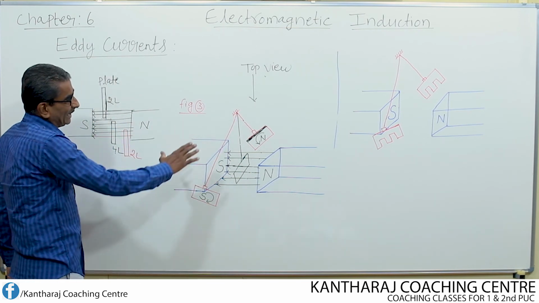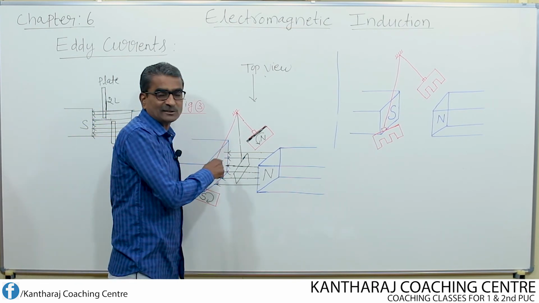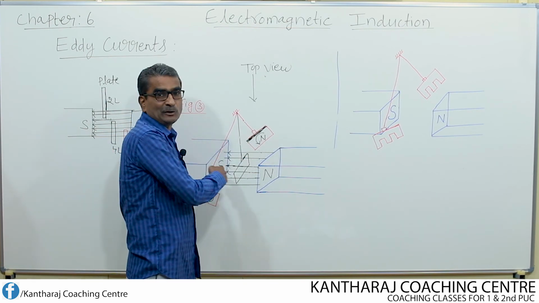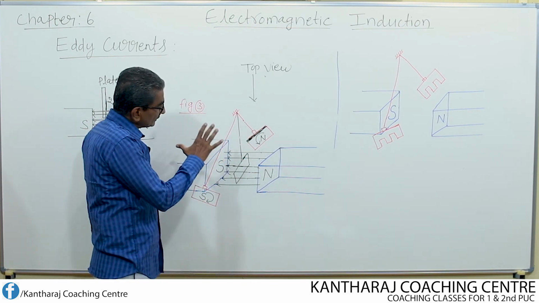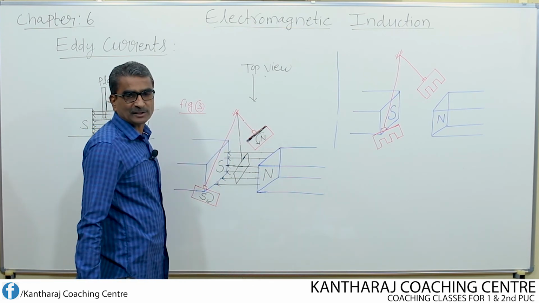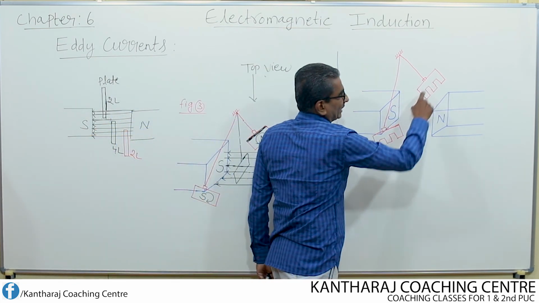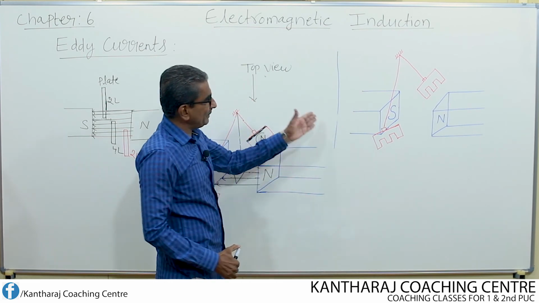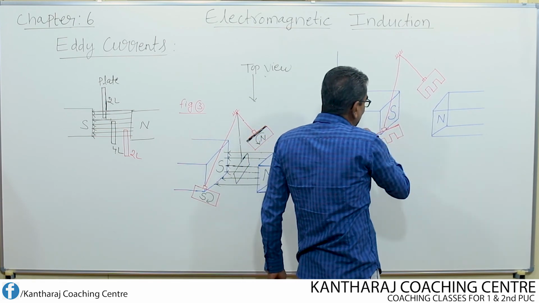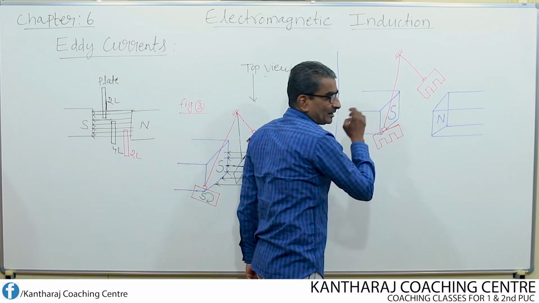So this is one experiment where we can demonstrate the formation of eddy current, and also how the eddy current is able to damp the oscillation. Suppose instead of making a thick plate oscillate between the 2 pole pieces, if I cut the plates like this, in the form of rectangular slots, and if I make the plate oscillate, then what happens? In this case, now the plate oscillates for a long duration. It does not get damped quickly.